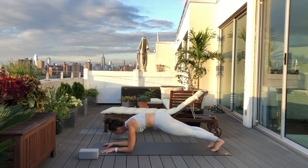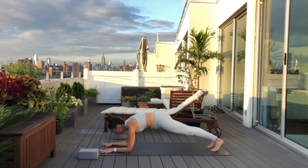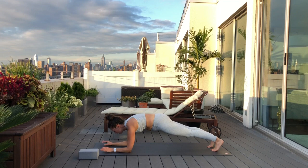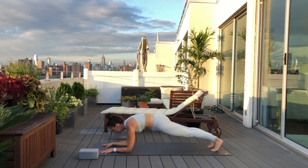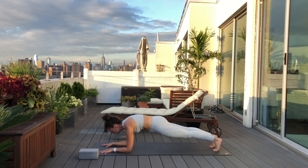You're in a forearm plank. Double check to make sure that the elbows are stacked right underneath the shoulders. And then press into the hands, the fingers are spread wide, and pull the elbows back towards the toes. It'll help you engage the belly for 1, 2,